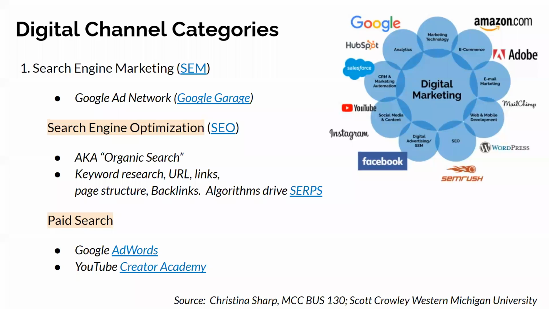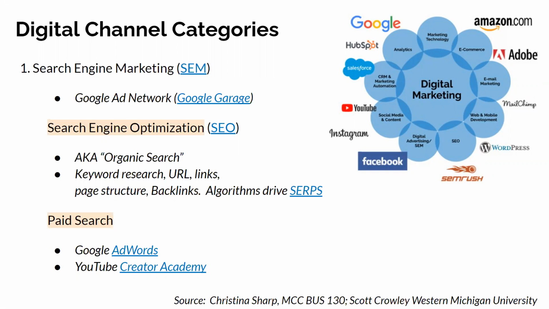Search engine optimization, that is your website and maximizing it through these SEO strategies so that when somebody's searching and typing in mountain bikes on Google, your mountain bike shop comes up on that first page, on that page rank. So there's a lot of things that go into SEO. We're talking about your website design, the keywords that you use, the links you have to other sites, the actual structure of your pages. So Google and its ever-changing algorithms, and Facebook as well with their algorithms, that drives the search engine results, or what we call search engine result pages, SERPs.